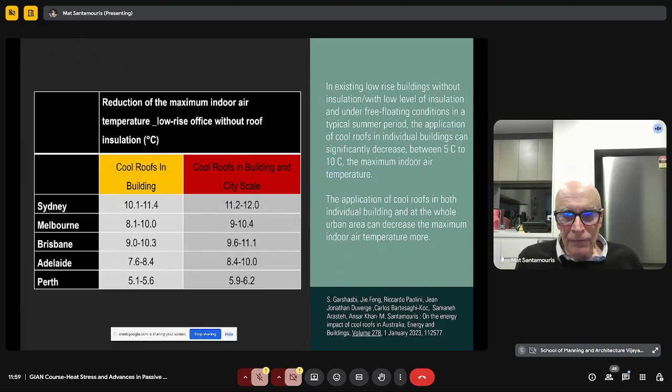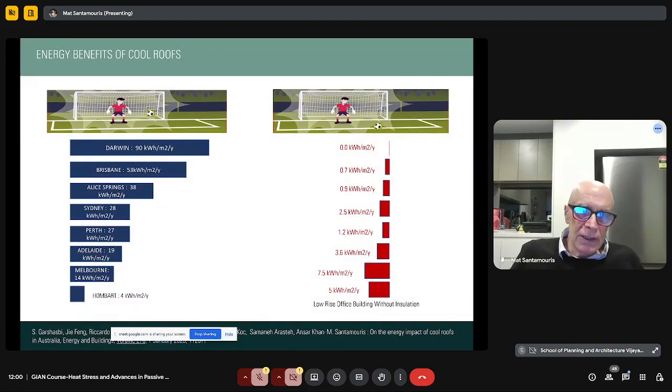So it is of extreme importance, and this is measured. It's not something that is just calculated. It is of extreme importance to consider that we can have much better indoor conditions and save lives because of the benefits.